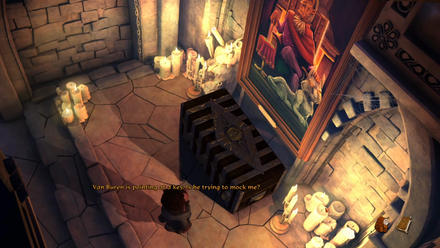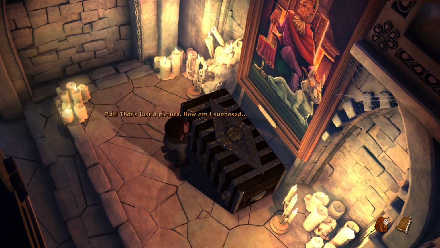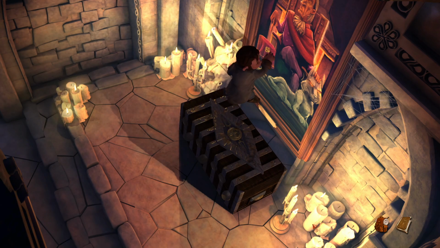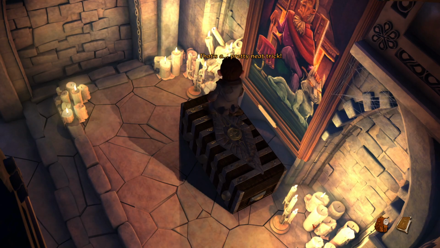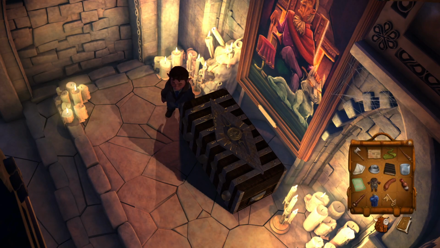Van Buren is pointing at a key. Is he trying to mock me? Could that be the invisible key that is visible to all? Only? Where is it? Ha! That's just a picture. How am I supposed... Or is it? That's a pretty neat trick. Okay. So, do we just use this on the...